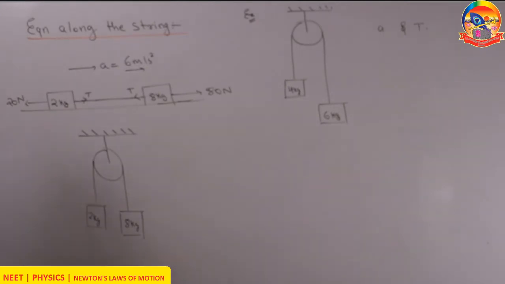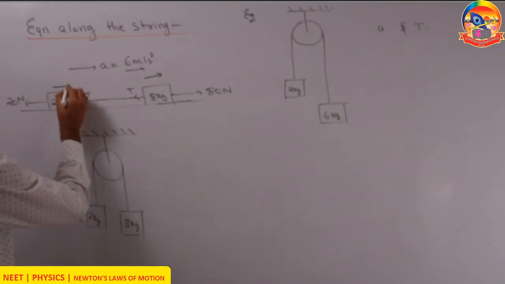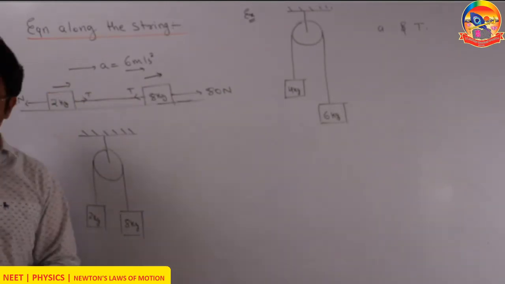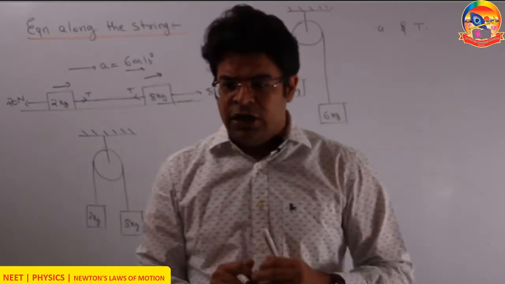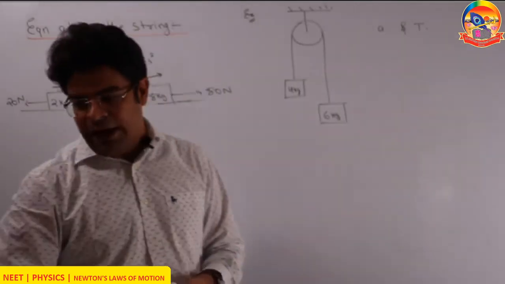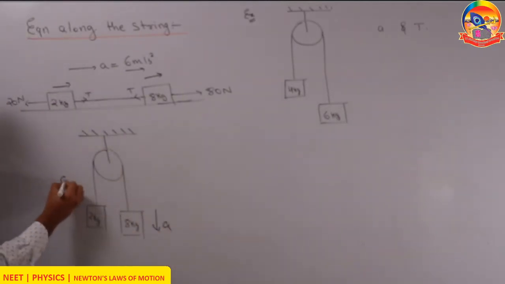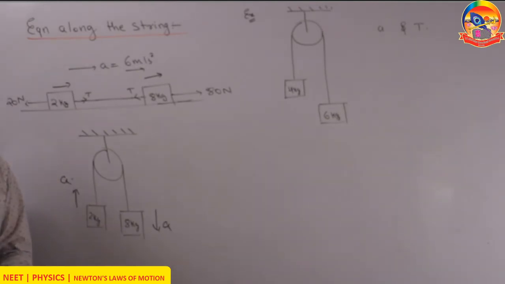Now in the case of an Atwood machine, we have two blocks of mass 2 kg and 8 kg. Now if I ask you what is the acceleration, can I use the same method? If no, then why not? Here we can treat the whole thing as a rigid body because both the blocks have the same acceleration. So sir, here also both the blocks have the same acceleration. In the last slide only, I said that they don't have the same acceleration. They don't have the same acceleration. Why? Because one of them has acceleration down and another one has acceleration up. So how to solve this question, making both the accelerations the same?